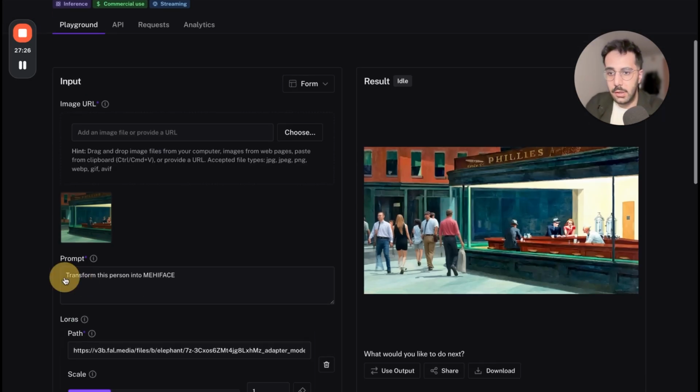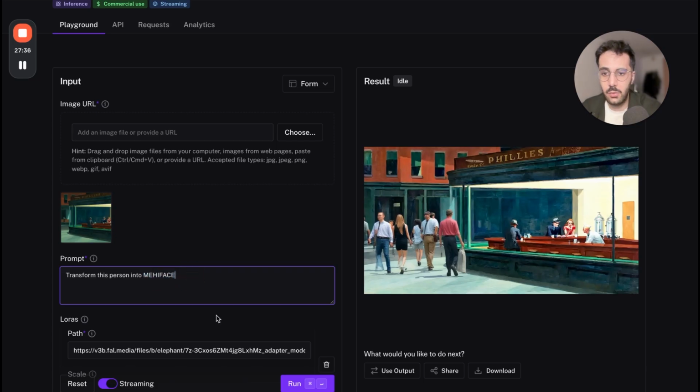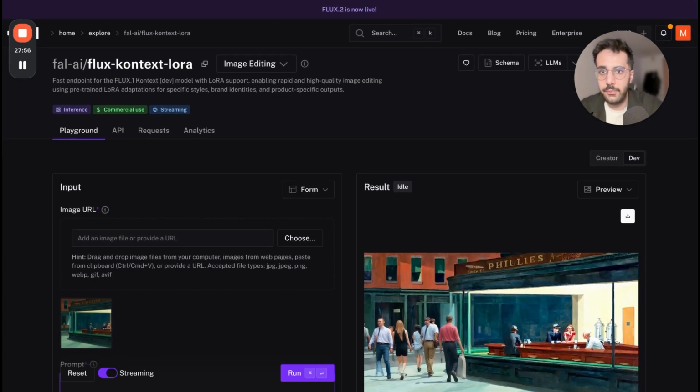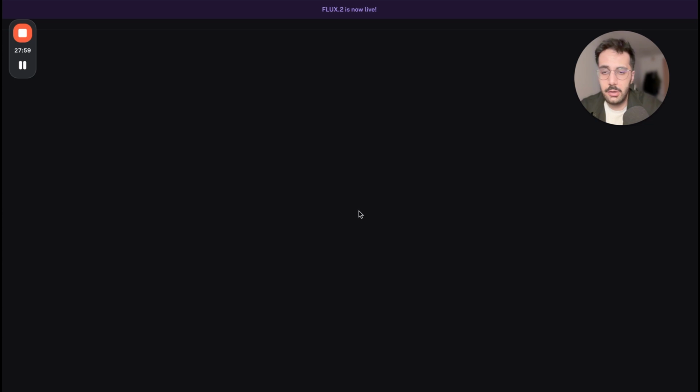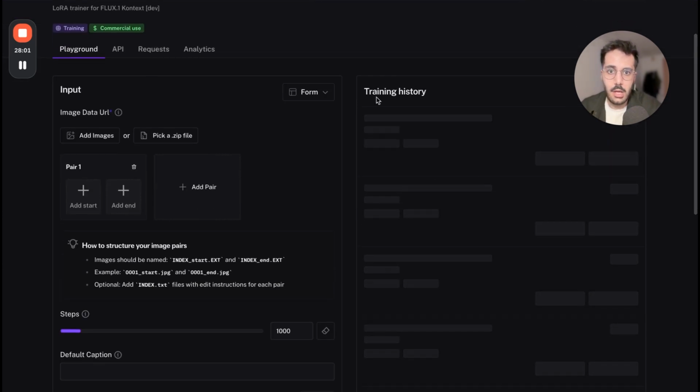I gave it the prompt, which is transform this person into MEHI FACE, and this will be the trigger word. You should add more details, like this is MEHI FACE. In my case, a Middle Eastern man in his mid-20s, has a light beard, messy, wavy, dark hair, just small explanations. And if I go back now to the training,